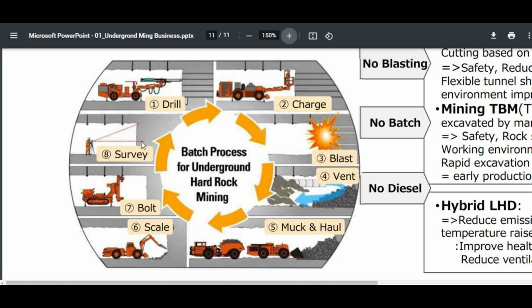Normally, if you're in an ore drive, the geos will come and take a sample, and then it's back to square one again and drilling. And you're doing that all over the place. The metal can be anything that is worth any value. So gold, nickel, zinc, lead, copper, silver. Basically, hard rock mining entails everything but coal, and especially with the underground stuff,